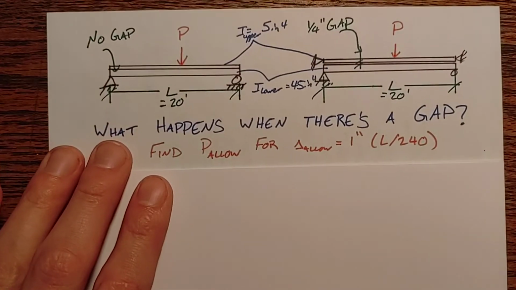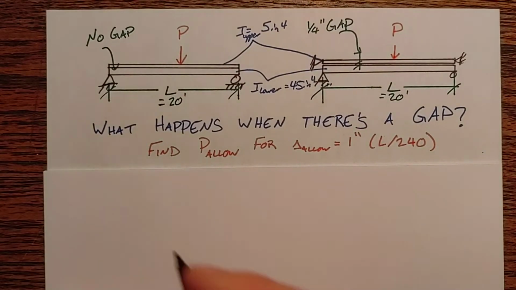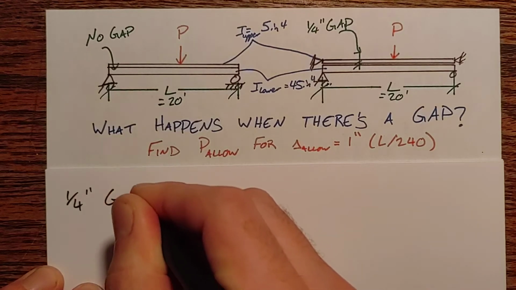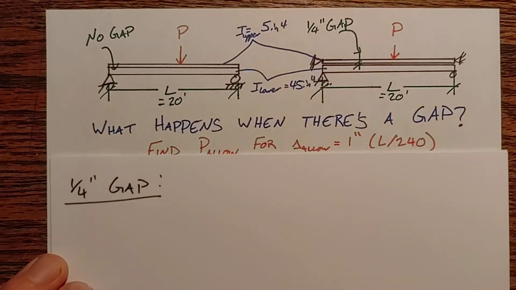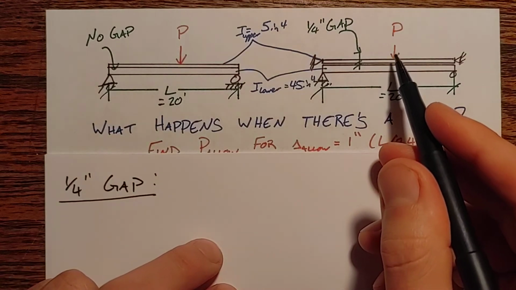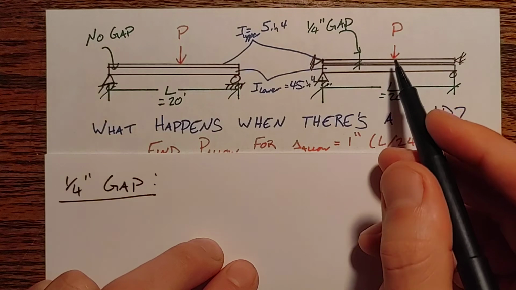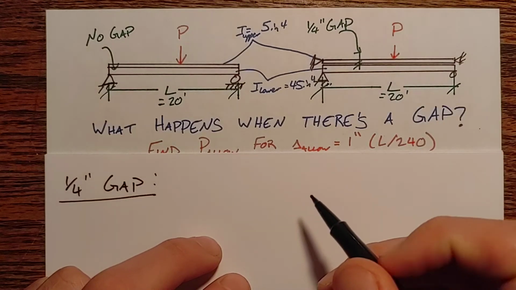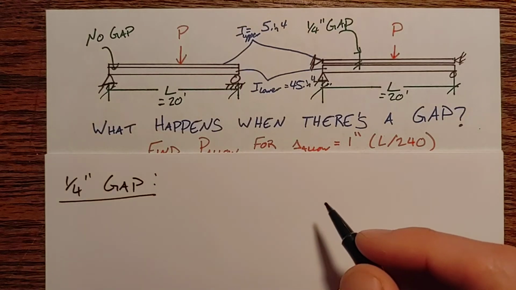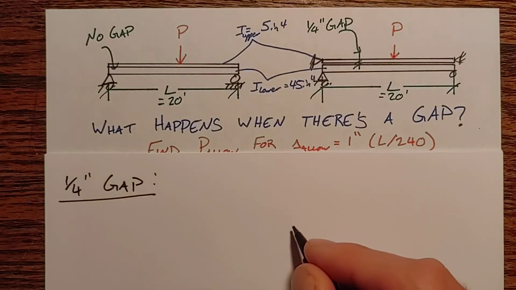Now, if we come back to our problem statement up here, the 1/4 inch gap is a little bit more interesting. So if you think about it, we're applying our load directly to the smaller beam here. That smaller beam only has 10% of the total stiffness that we've got going on. So effectively what we're going to have going on is